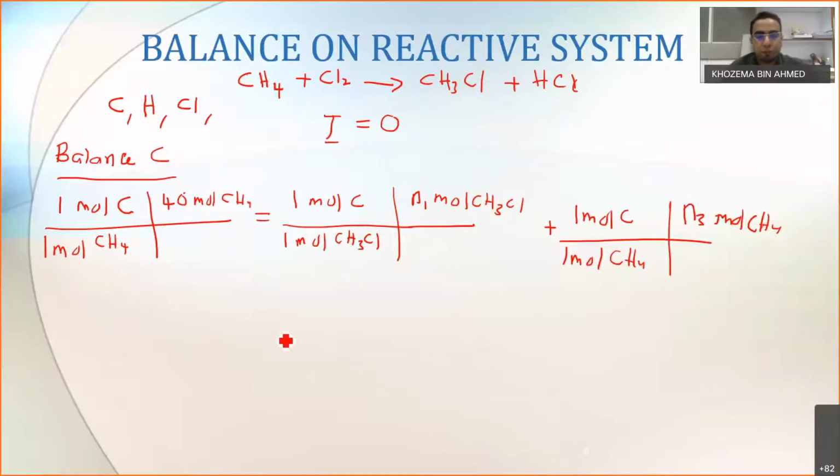Right? So if we solve this one, the equation we get is 40 is equal to N1 plus N3. Okay, so this is our first equation. Now we can do the same thing, balance on hydrogen. So again, looking at our reaction,